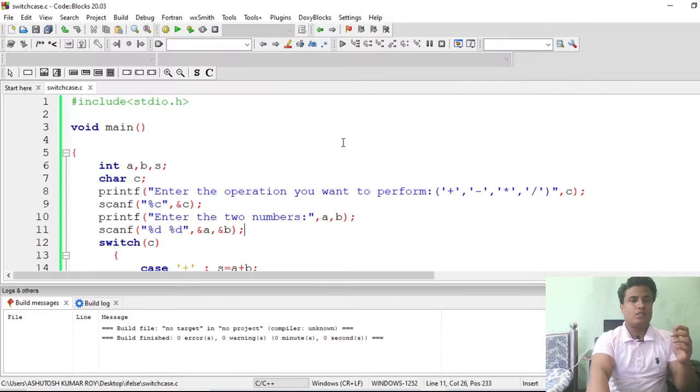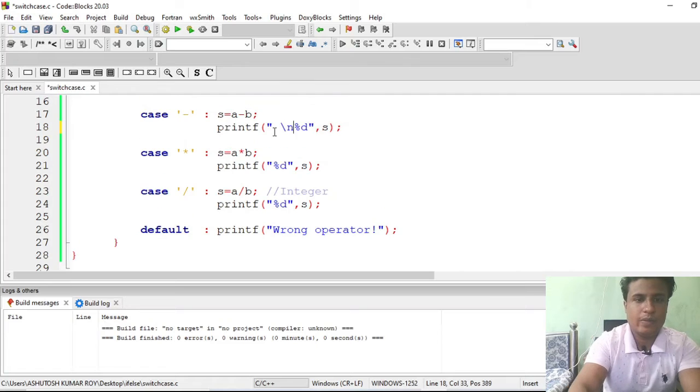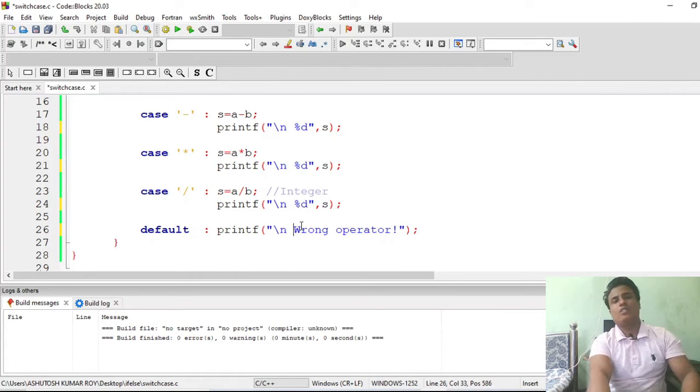Okay, so let me just put the slash n so that it is visible to you. Slash n. So let me show you that also, and it is good practice to use slash n in every line to maintain clarity in your code.